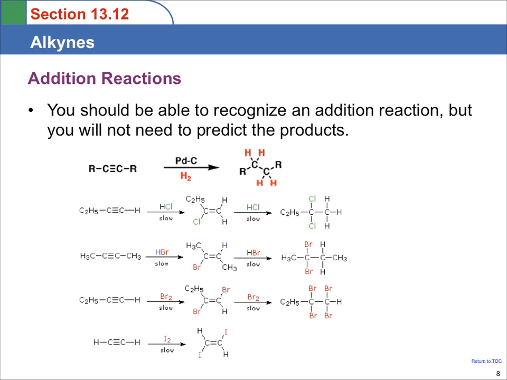For the chemical properties of alkynes, just like with alkenes, I want you to recognize these reactions, but you do not have to write or predict their products. One of the common reactions we have with alkynes, again just like alkenes, are addition reactions. If we think about this triple bond, if I get rid of the triple bond and make just a single bond, now these two carbons have room. So if a molecule of HCl comes in,